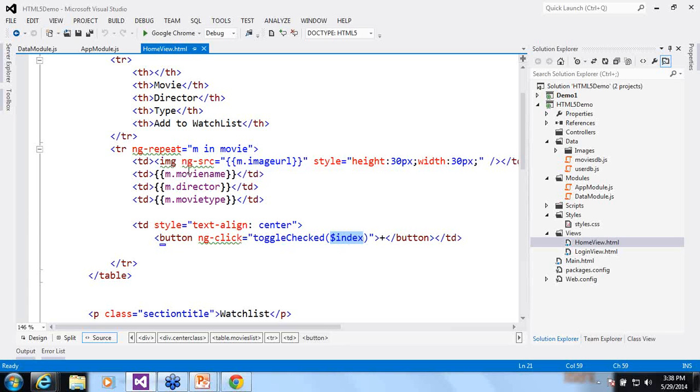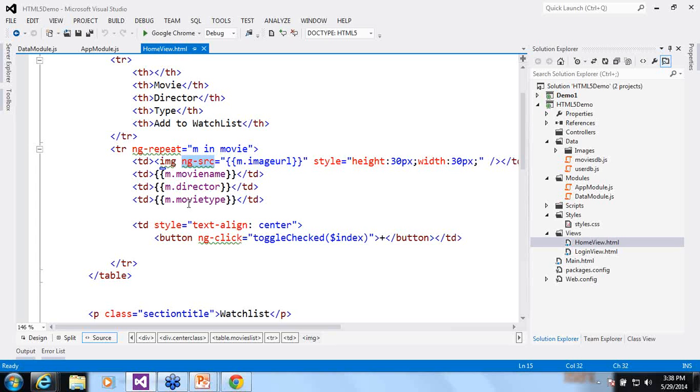So this is how we pass parameters to a function. And if you see the image binding, again we have used ng-src, because ng-src is going to actually bind the image with the relative URL. The src does not work here. Then the button has the ng-click directive bound to the toggle checked function.